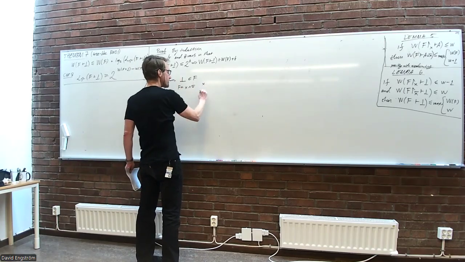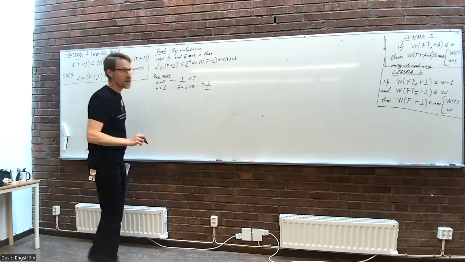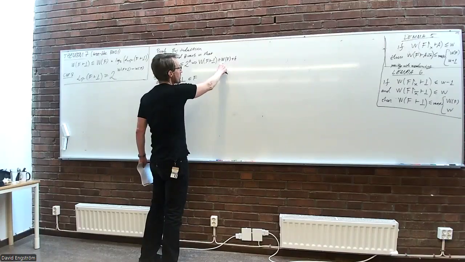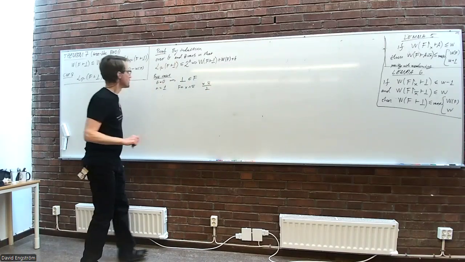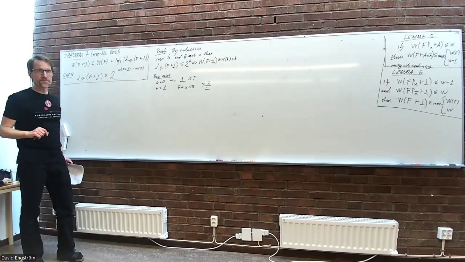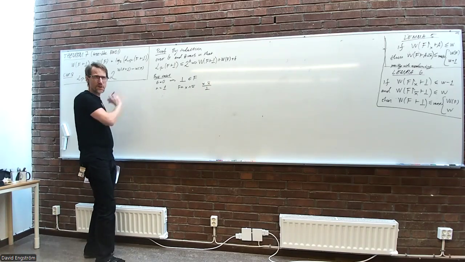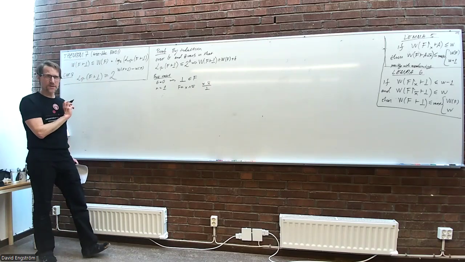And in that case, I can just do this derivation, which has width 1, which is smaller than width of f plus whatever b is. Are we happy with the base cases? They're kind of a bit stupid, but